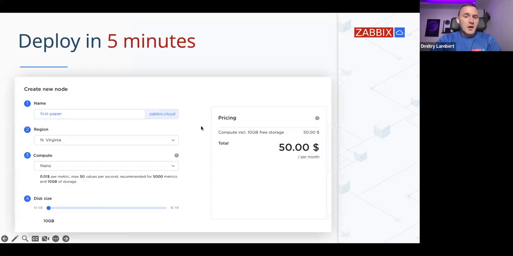How can you actually deploy your Zabbix Cloud node? And I also think it's super important to mention that whenever you sign up to the cloud, it doesn't mean that you can get only one node, right? You sign up as a user, we accept you, and you can create multiple nodes. You can create one node in North Virginia, a second node in Asia, a third node in Europe, and a fourth somewhere else,